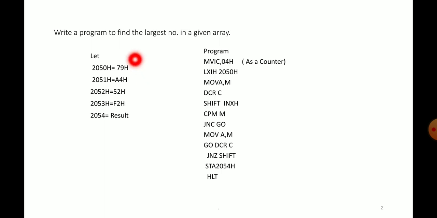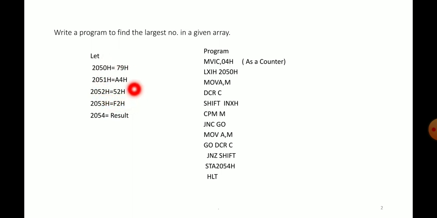If we have 4 numbers, we have chosen random numbers. Say we store 79 at 2050, A4 at 2051, 52 at 2052, and F2 at 2053. These are the numbers, and we have to write a program to find the largest in a given set of data, or we can say in an array.